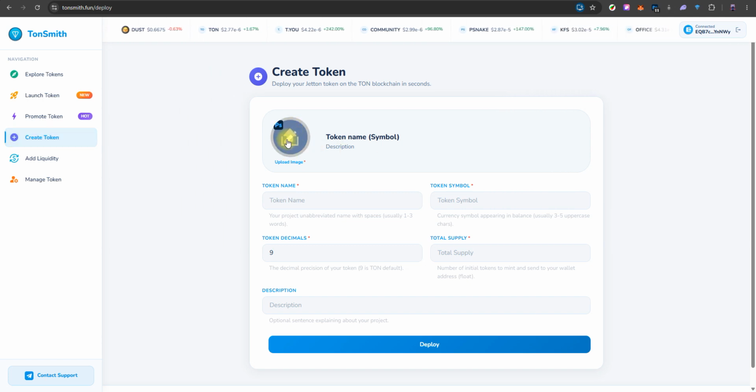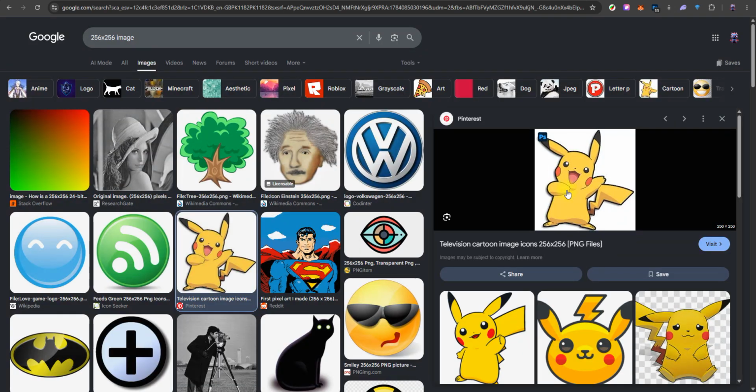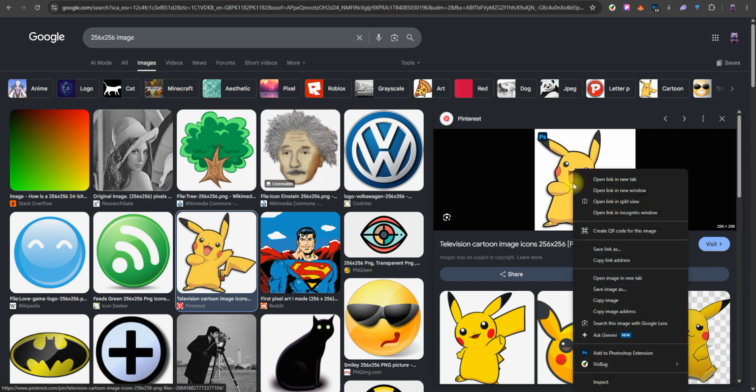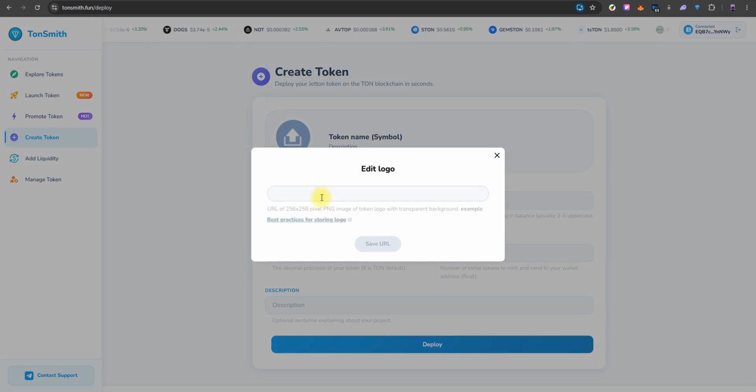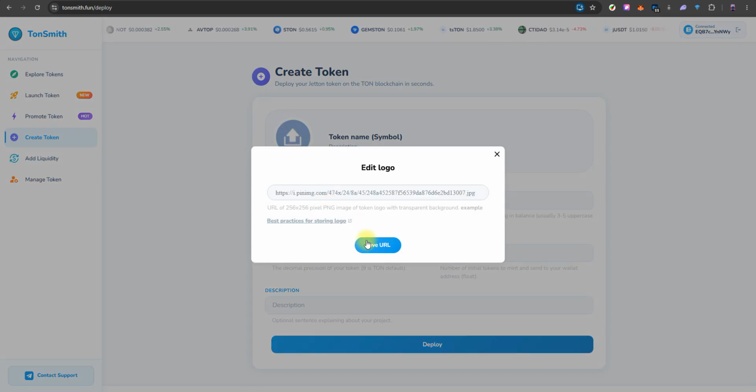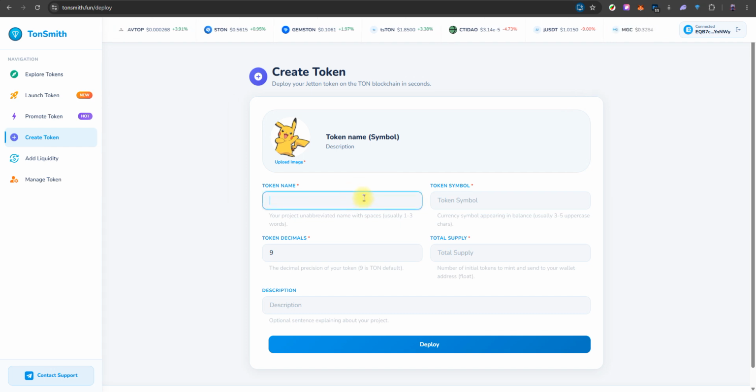First we have to upload the image URL. You have to host the image size 256 by 256. Right now I will copy the image size 256 by 256, copy image address. I will click here and paste the URL, save the URL. Then I will write the token name,